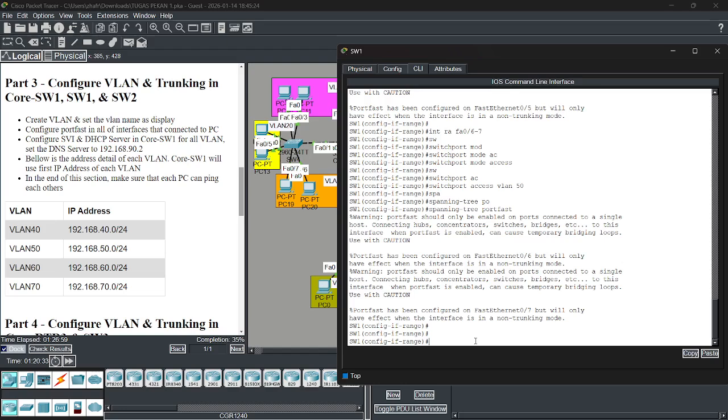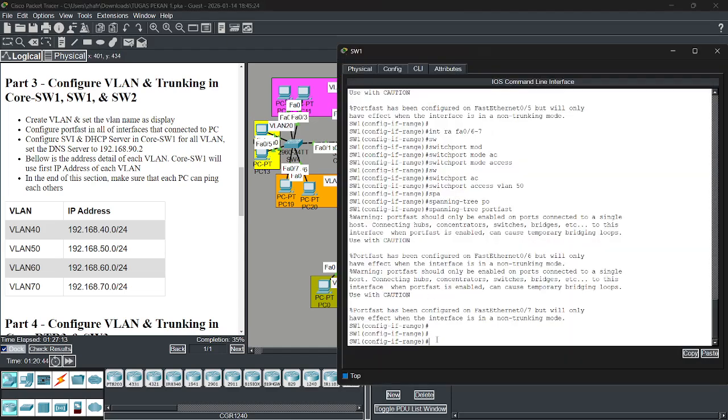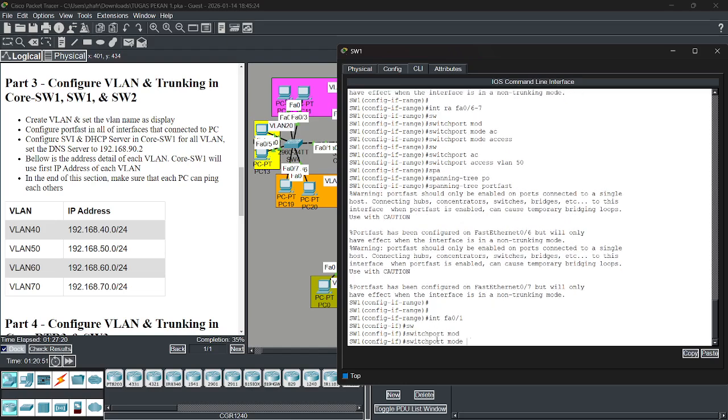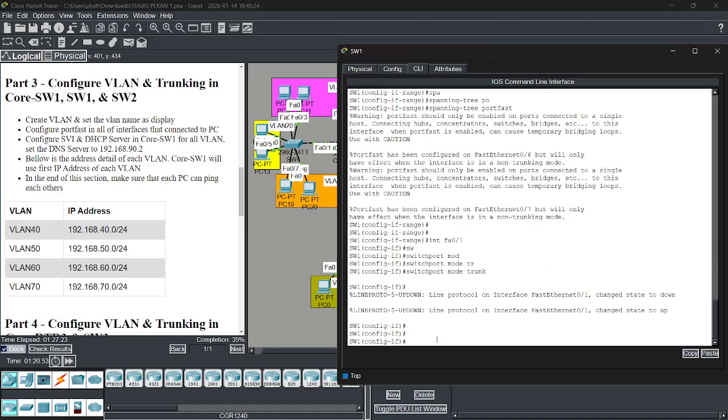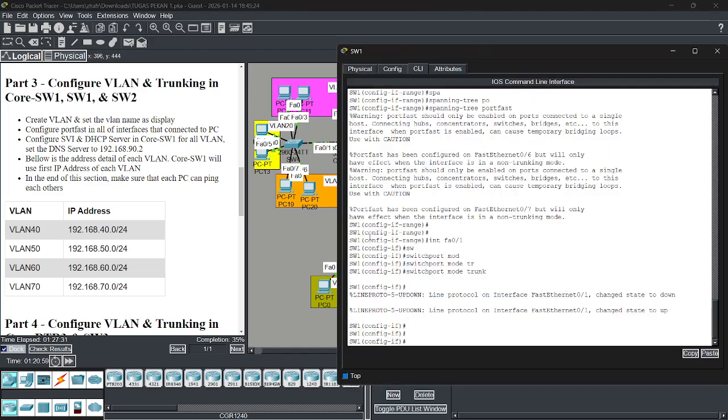Okay, after that we don't forget the port to the switch. Another switch must be trunk. Interface 0/1, switchport mode trunk. Okay, for the trunk, and then after that, after that we go to switch 2.